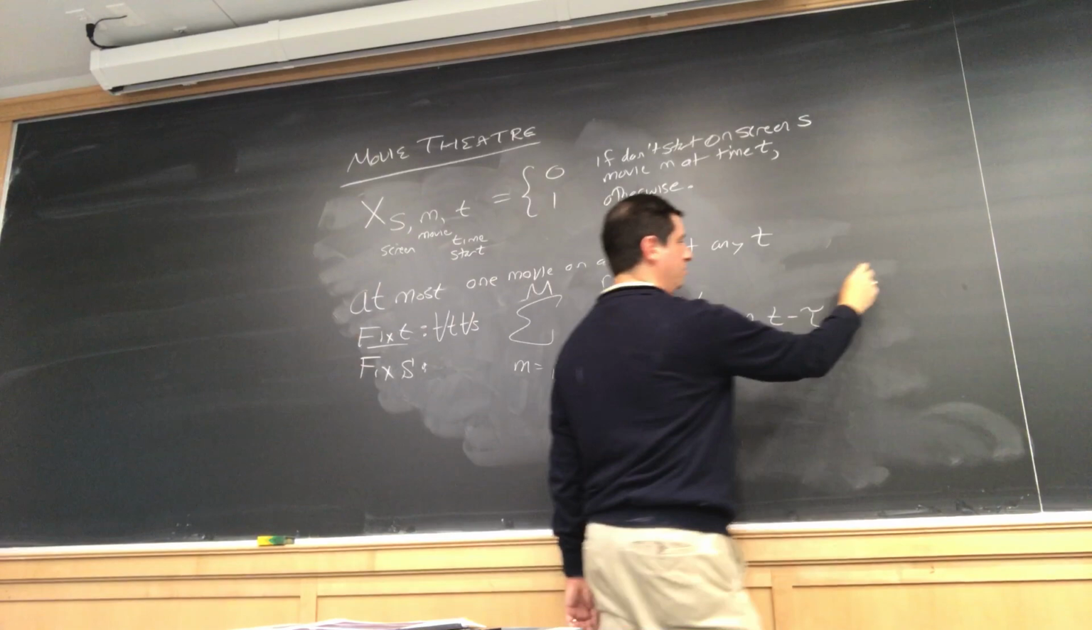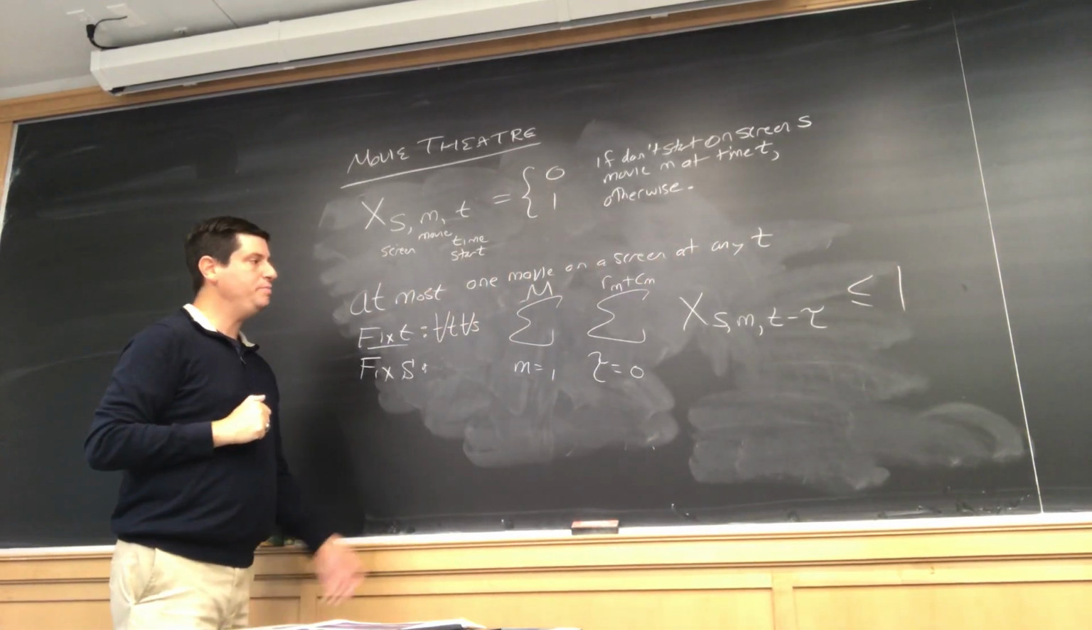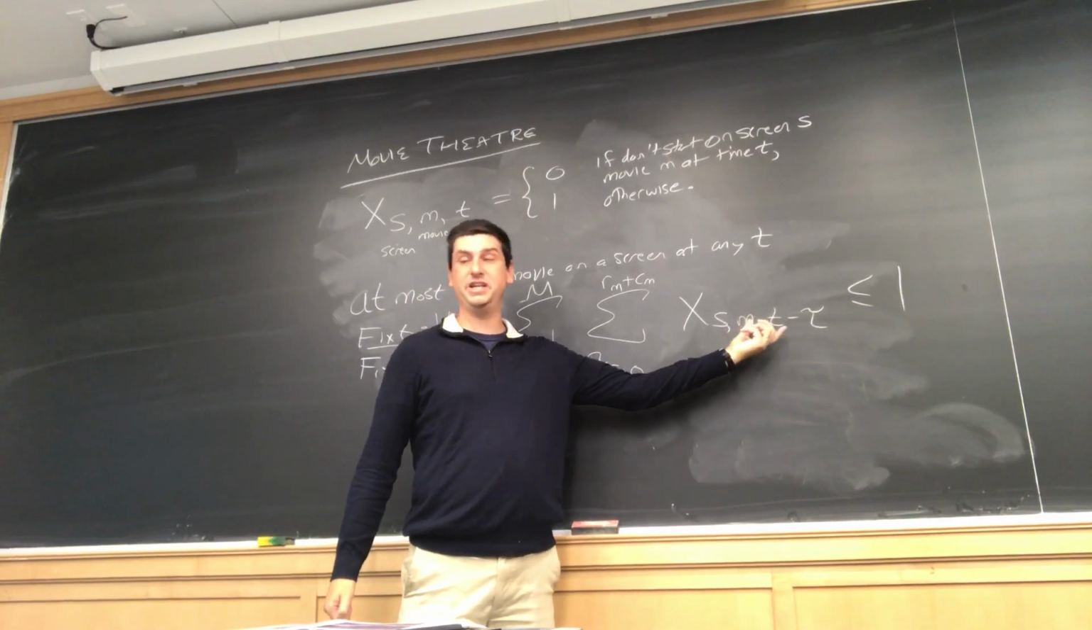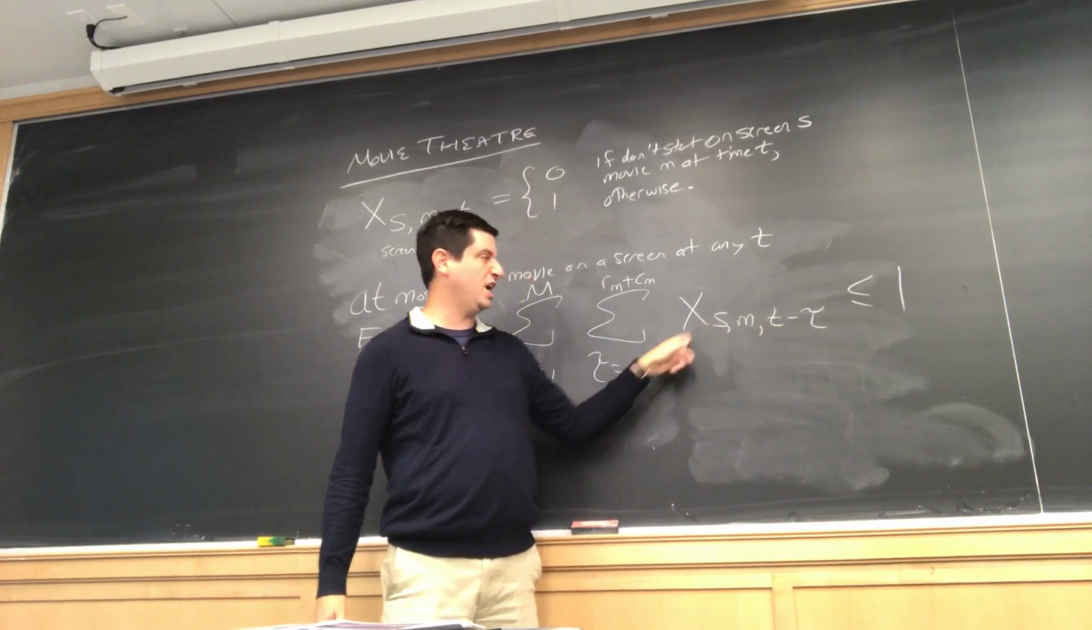At most 1. So at most 1 is less than or equal to 1. And here is the constraint. So what would it mean for one of these terms to be positive? Well, the only values you can take are 0 and 1. So if it's positive, it has to be 1. That means that we started a movie